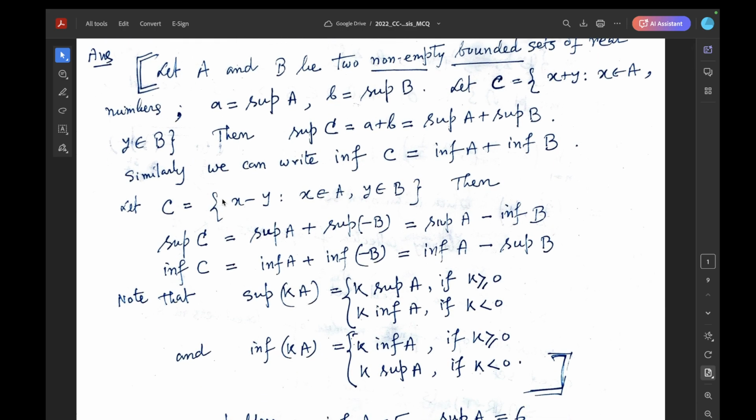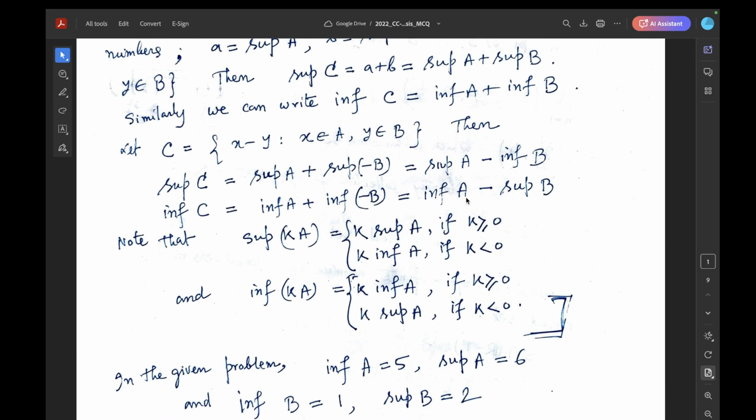Now let C equal the set of all those elements of type x minus y such that x belongs to A and y belongs to B. Then supremum of C equals supremum of A plus supremum of minus B, which is equal to supremum of A minus infimum of B. So this is the important result: supremum of minus B equals minus infimum of B. And infimum of C equals infimum of A plus infimum of minus B, which equals infimum of A minus